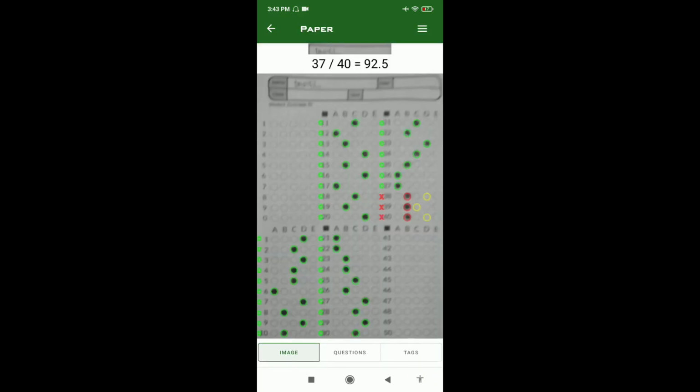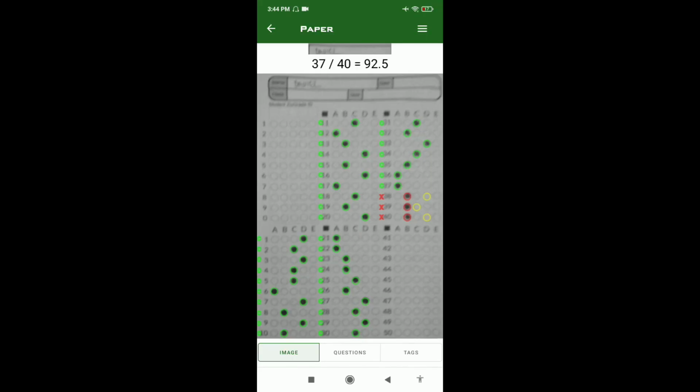Like what I said, the last three questions, 38, 39, 40, are intentionally wrong. Therefore, I got here 37 over 40 as my score. And make sure to scan it in good lighting, just like that. And in order to see the name of the student, that's how it works.